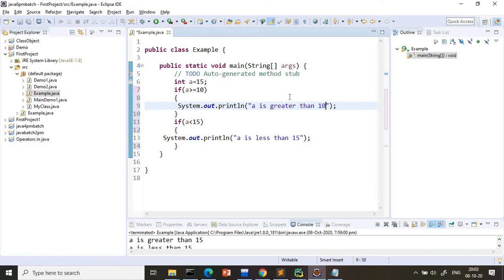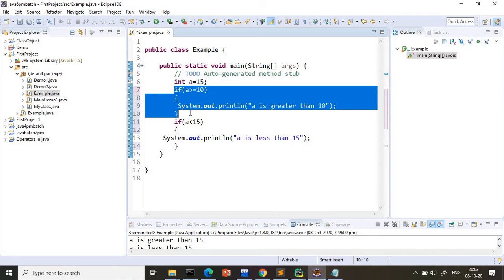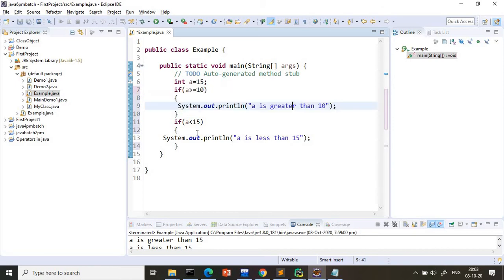I am changing only the condition, nothing else, because you may get a little confused and I don't want any confusion. So if a is greater than 10, I will write "a is greater than 10". Else, if a is less than 10, I will write "a is less than 10" here.